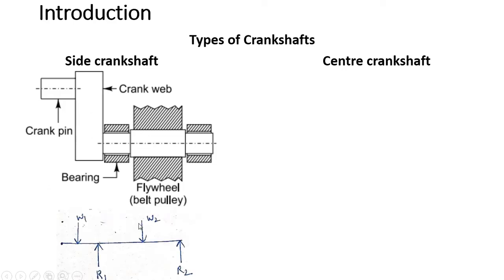As we can see in the free body diagram, we have a weight W at this end, which can be a flywheel or some other component or gears which can transfer the motion, and one is a force that is transmitted through the connecting rod to this end, that is W1. And R1 and R2 are the two reactions given by these bearings. So this is equivalent to an overhang crankshaft, also called an overhung crankshaft, and it requires only two bearings to support this complete system. Basically we use this overhang crankshaft in medium size engines and large size engines, horizontal engines.